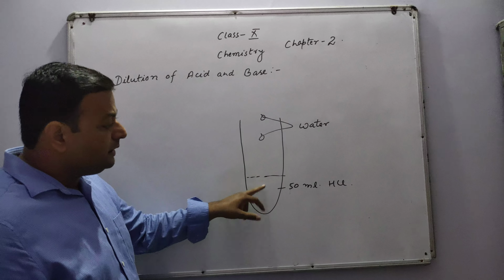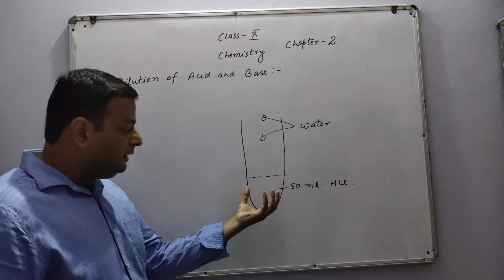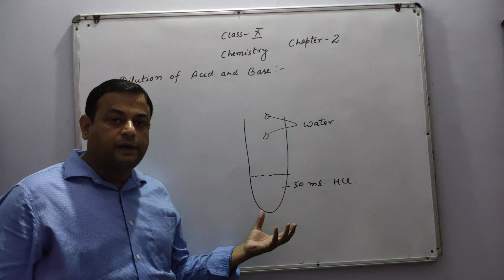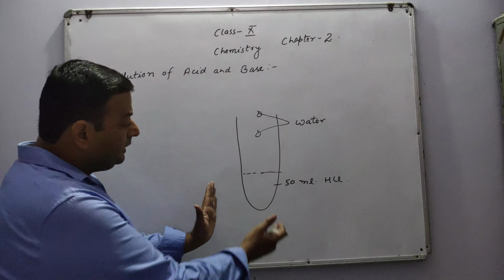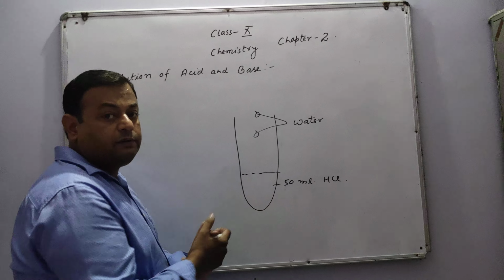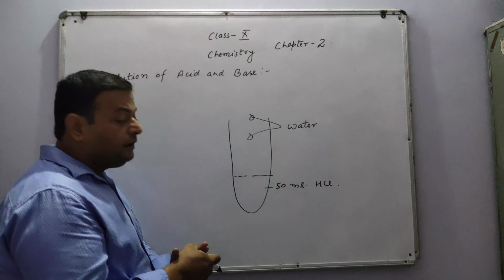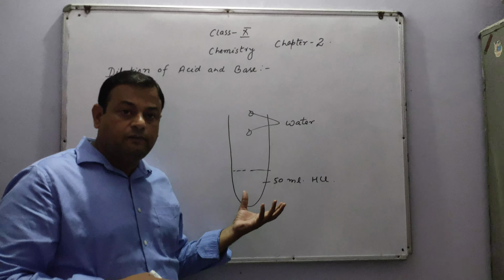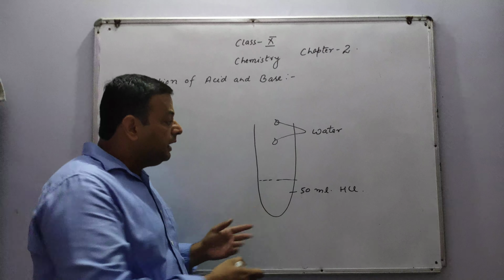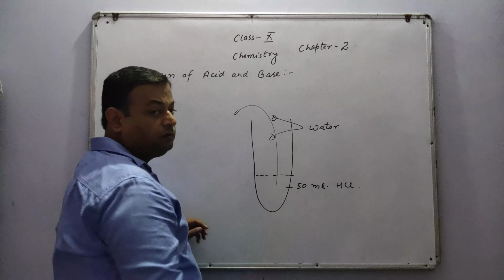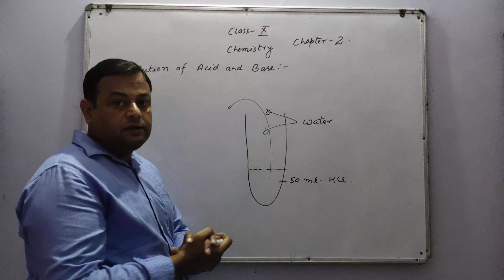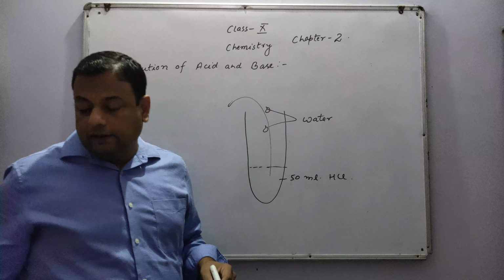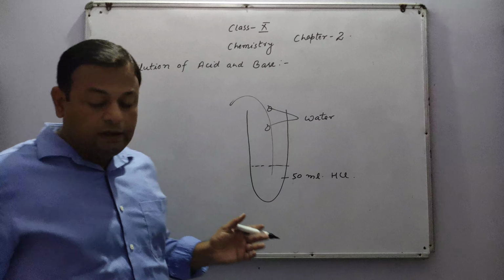As the water reaches the acid, then suddenly the entire volume of acid starts releasing H positive ions. And as the entire volume starts releasing the H positive ions into the solution, then due to the very high concentration of the H positive ions, there is a local heating. And due to that local heating, either the content may splash out of the test tube or the test tube may burst and the content may fall on the face. So it is not better to add water into acid.